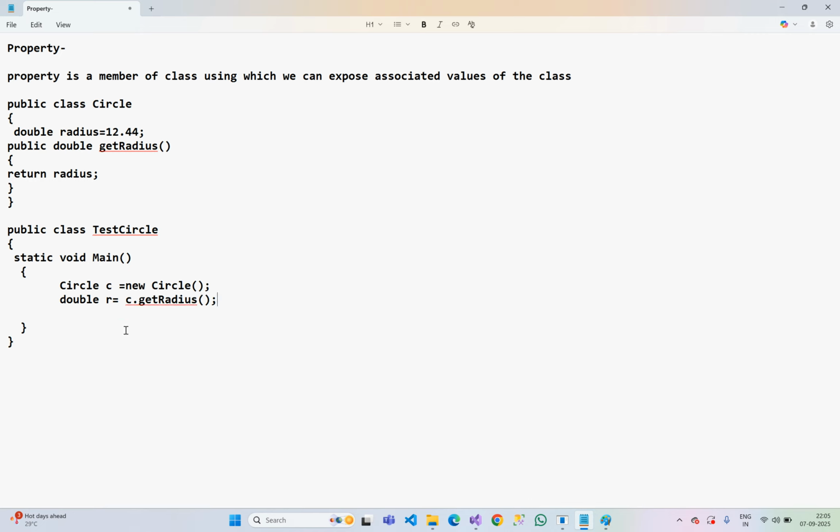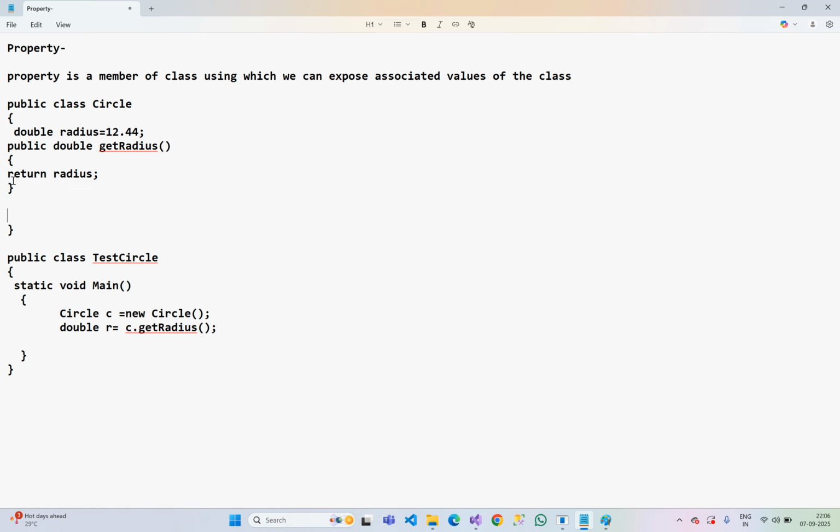Using the instance of circle class, we can access the public method of this one. Using c dot get radius, we can access it, and when we access this method, it will return the radius. This is the radius. We'll return and store it in the variable r. Okay, and suppose I want to set the value, then we again declare a method like this: